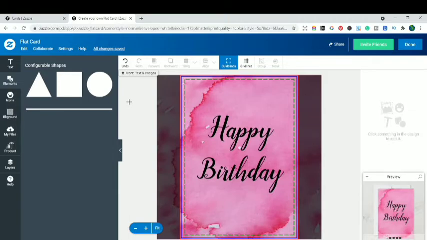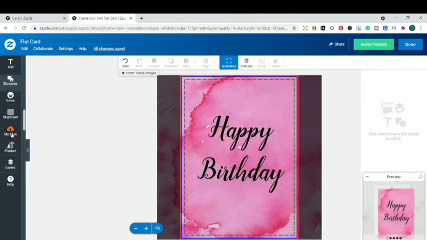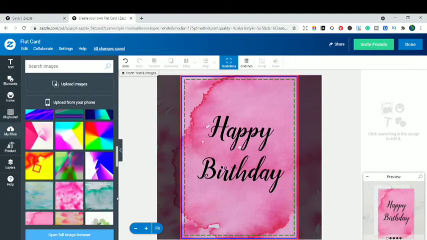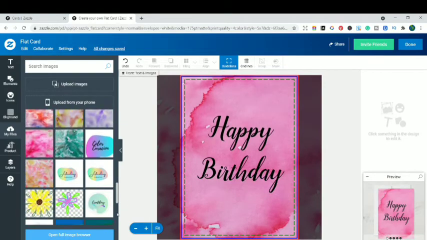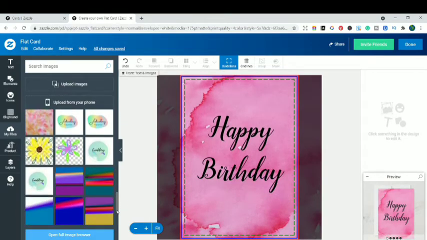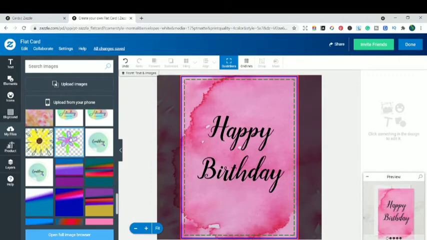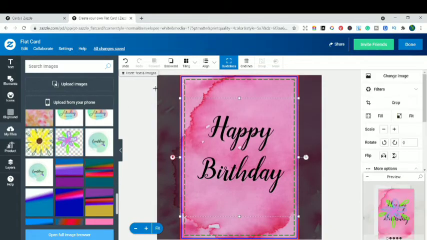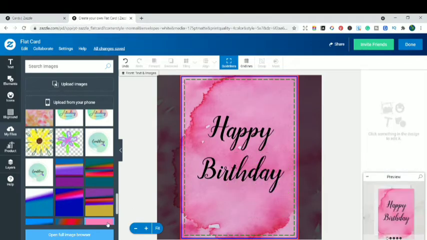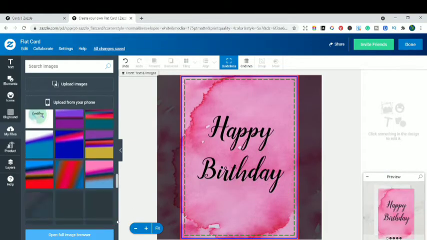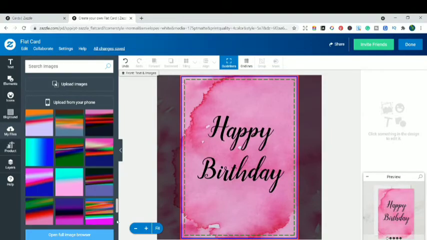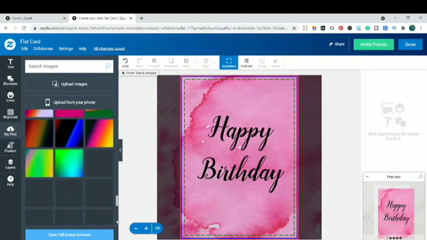I picked the watercolor texture and wrote a simple happy birthday. You can even write a happy birthday to someone, wherever you want to designate, or you can drag in your own files. I'm going to try adding some kind of graphic from my background. Let's see how this graphic looks. Now this is a flower that I made digitally. It's not looking good because it's already pink, so I won't be going with that. Maybe some other graphic, if I have one here. Let me see. I don't remember exactly if I have one.